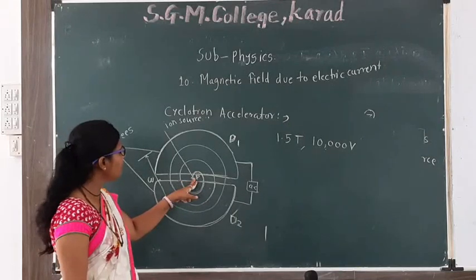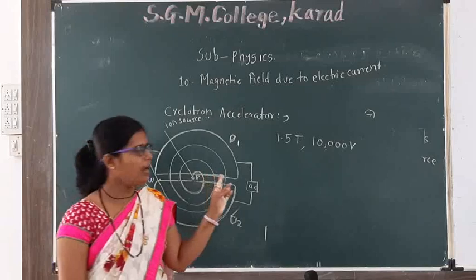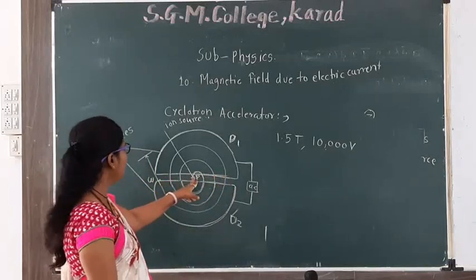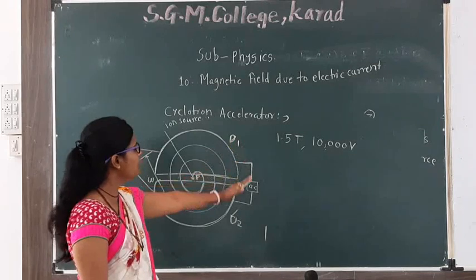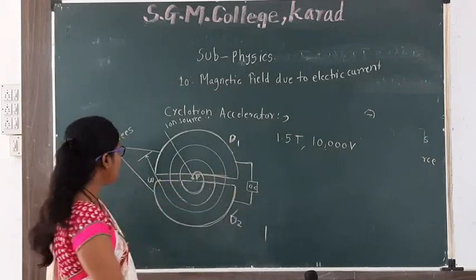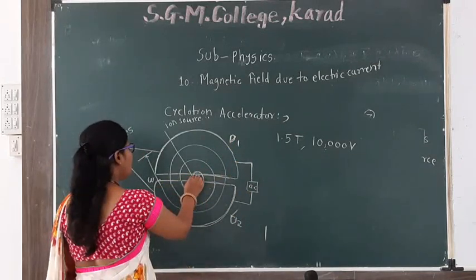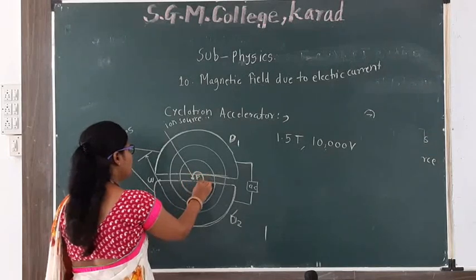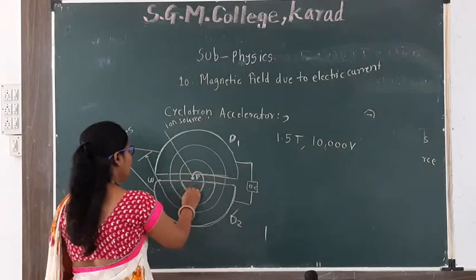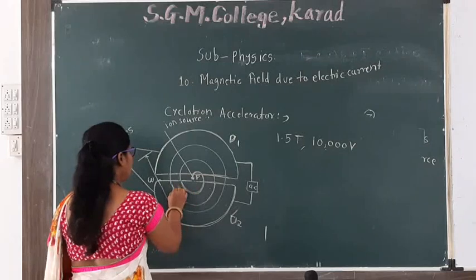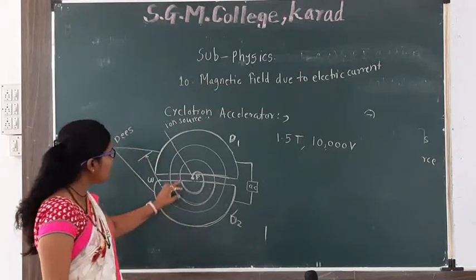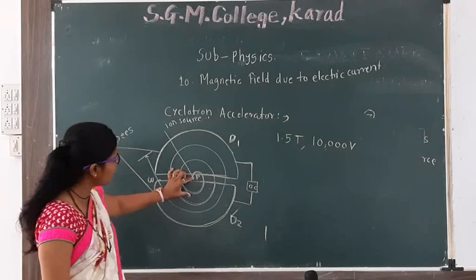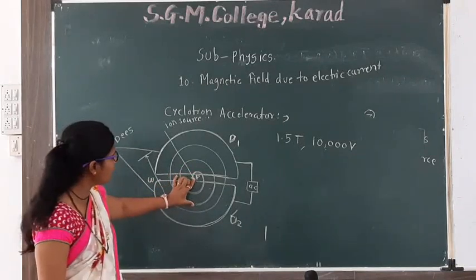Since the electric field is an alternating electric field, its sign changes. The negative sign becomes a positive sign, and the particle again performs a semicircular path. The next semicircular path has a larger radius as compared to the previous radius.